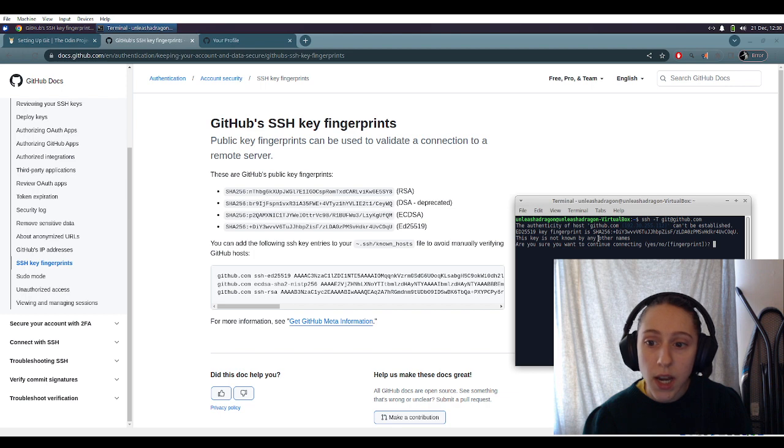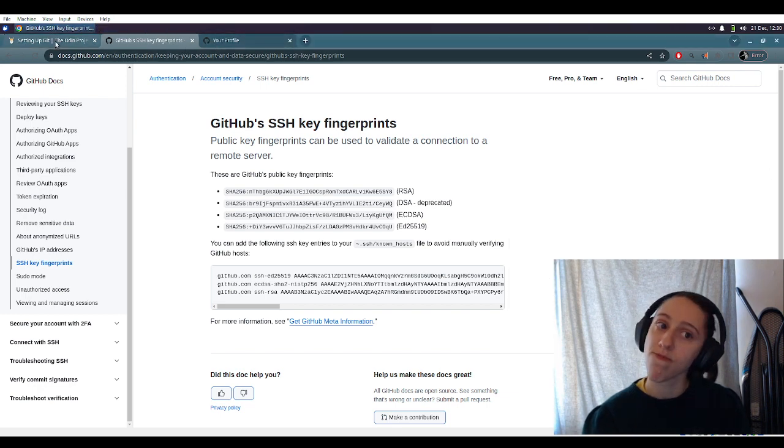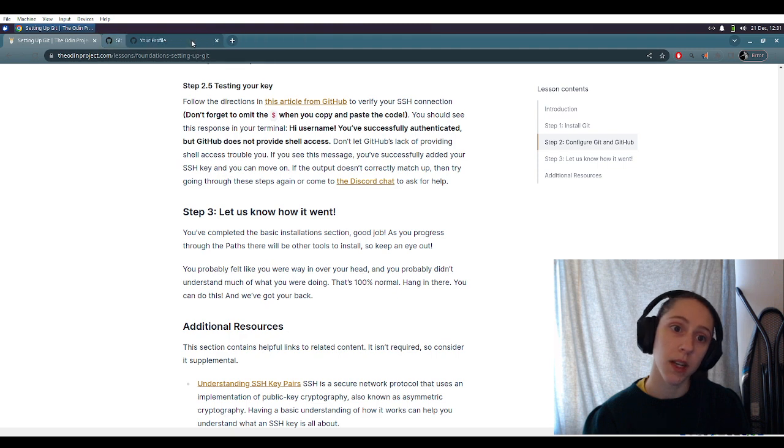Fingerprint is SHA256 plus DY ending in QU. Great. Perfect. Yes. Okay, we have permanently added GitHub to the list of known hosts. Successful authentication and does not provide shell access, but we already knew that, so we can exit out of that,